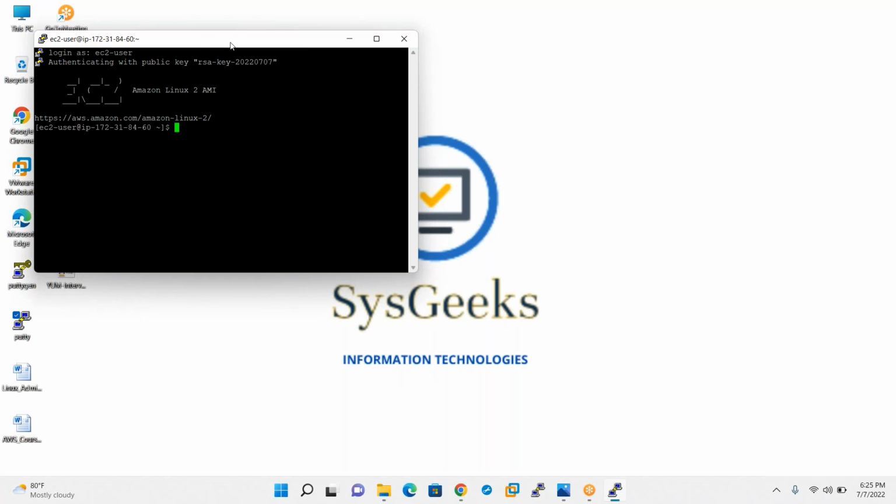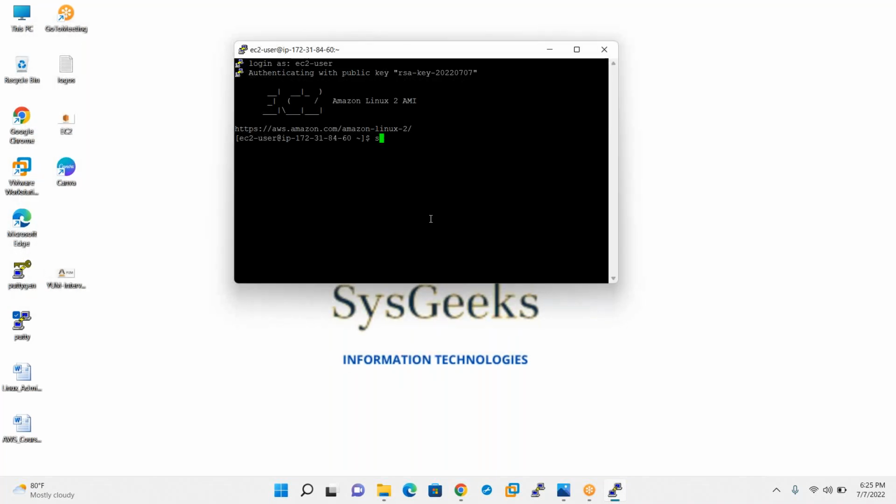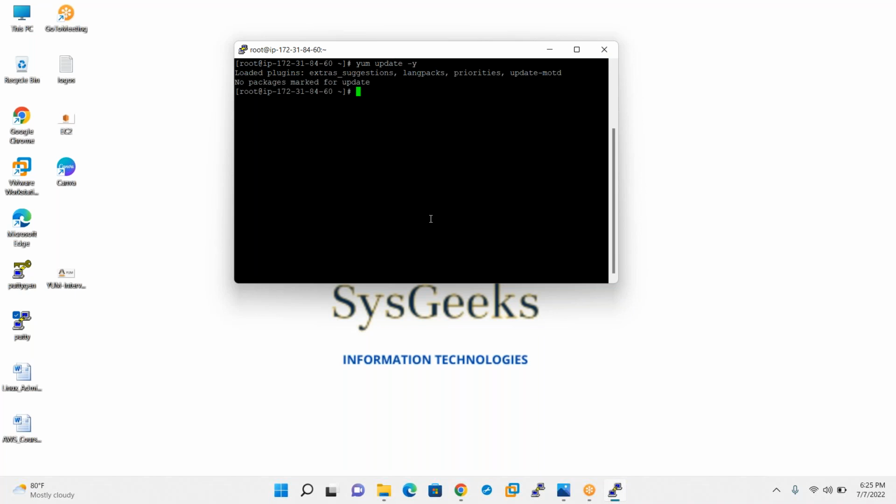Right, perfect. Then we'll go for sudo -i for the root user. Then update the server. Okay, everything is fine. So this is the way you can use your custom key pair and custom security groups. Then the next important thing,